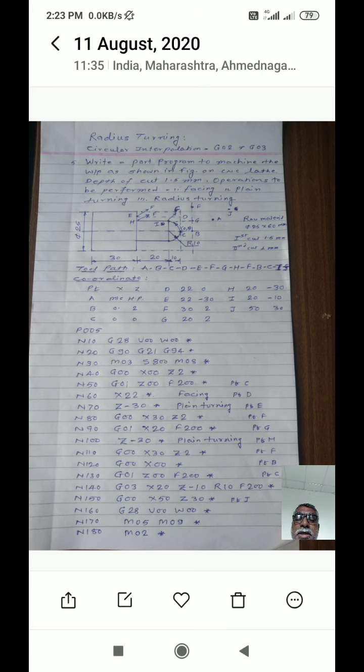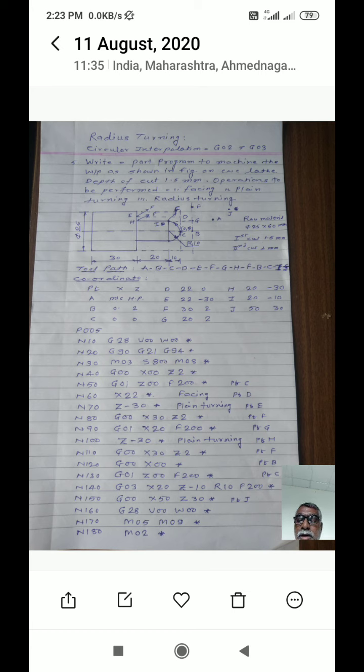From this raw material you have to machine the profile as shown in figure. There are three operations: first facing operation, then plane turning operation, and third one is radius turning or curve turning as shown in figure.